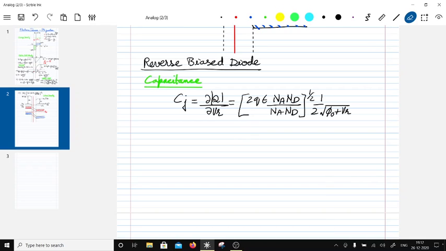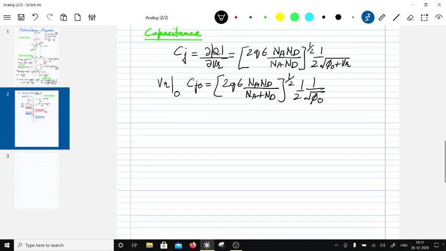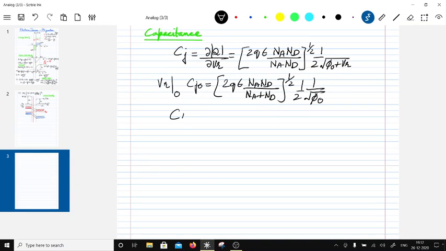Now at the condition of VR equal to 0, this Cj0 would be equal to twice of Q epsilon NaNd divided by Na plus Nd raised to half, right? And then there is a half here, and there is a 1 over square root of phi 0. Now if I substitute this in the first expression, you will have Cj equal to Cj0 divided by square root of